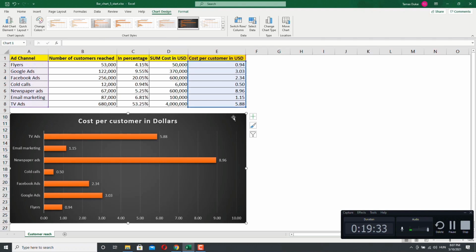I think that we have reached a point where you know the most important commands pertaining to charts. Now you know how you can customize your chart or where you can find the customization options. But we also checked how you could modify the data. We checked, for example, these commands here on the Chart Design tab. We also talked about how the bar chart represents our current data. So I think we are ready to move on